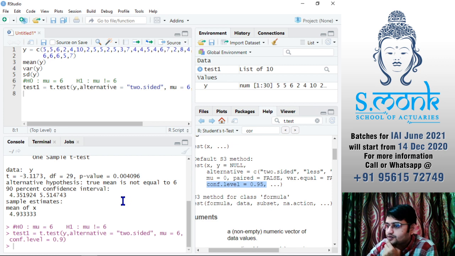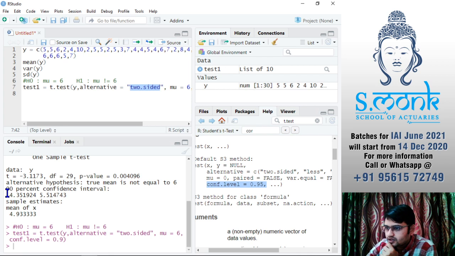It's about 0.4%. So alternative hypothesis is that true mean is not equal to 6, because we have taken 2-sided as our alternative.